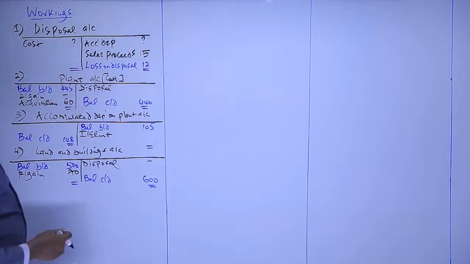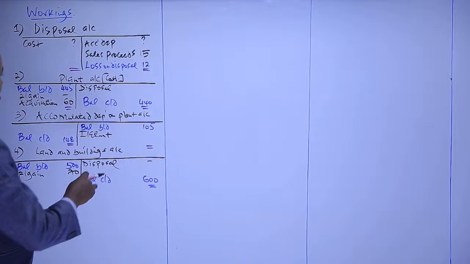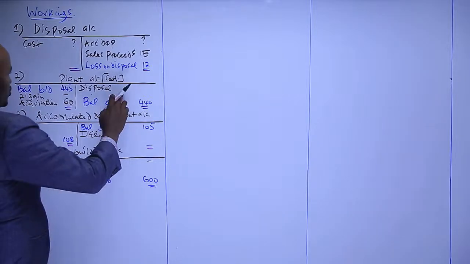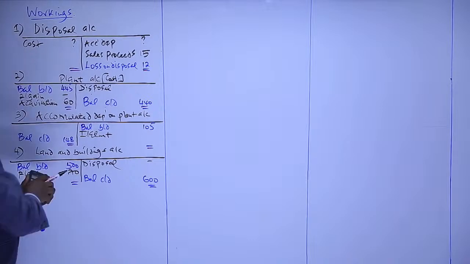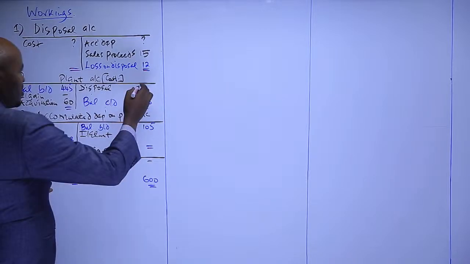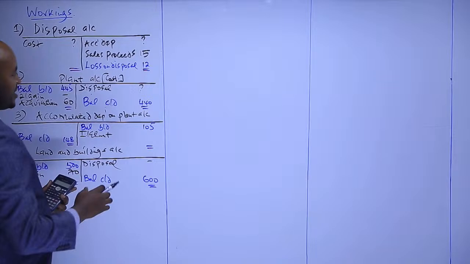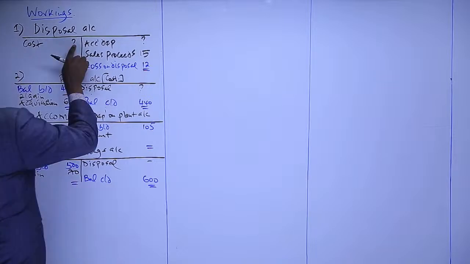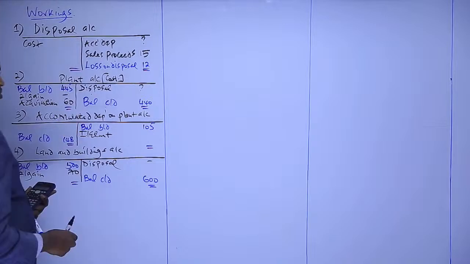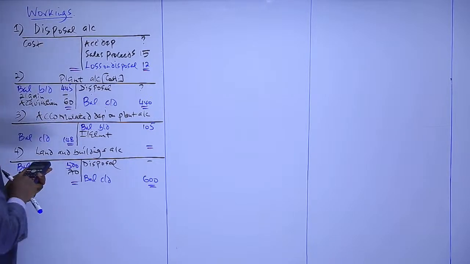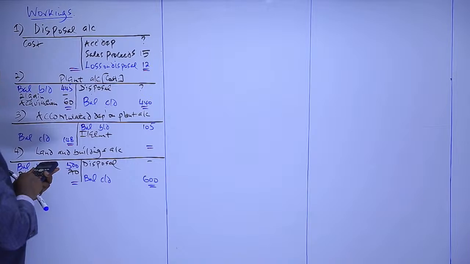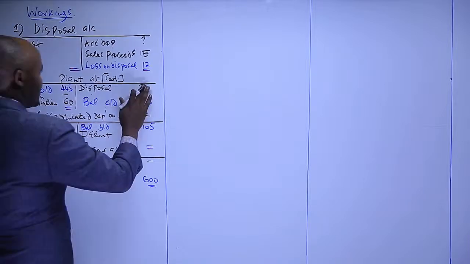So what we need to do now, I think we can start by balancing these two accounts here. What we don't have here is this disposal. And basically this disposal is what we are going to record here. This is the cost of this item which was disposed and which is not given there. So, can we do that? What we have on the debit side is 445 plus 60. That will give us 505 minus what we have on the credit side, that is 440. So that will give us 65.